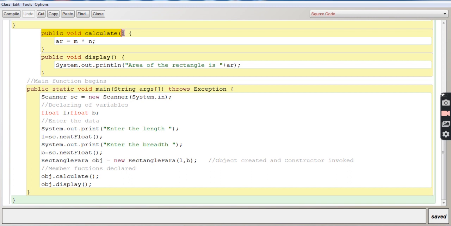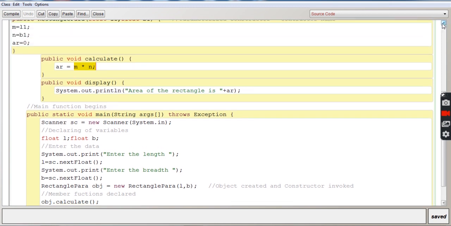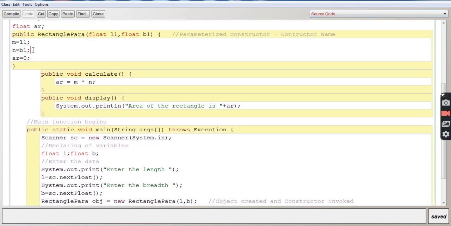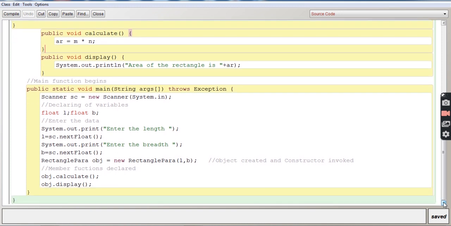It calculates AR is equal to M into N. M and N have already got their values from here, so they will be multiplied and stored in the variable AR. Once it is in AR, again it will go back to the main function.